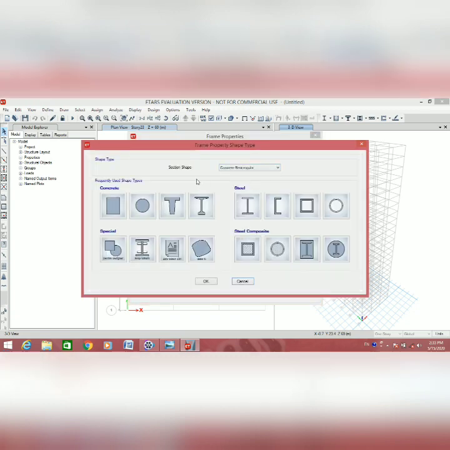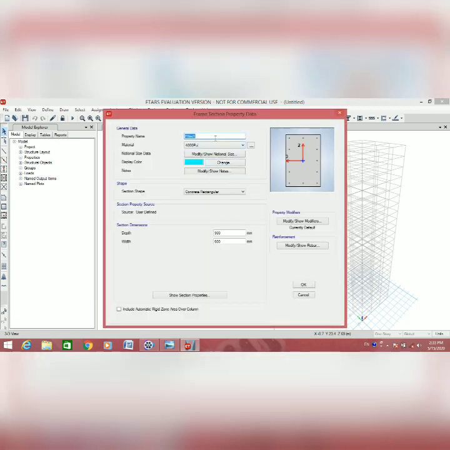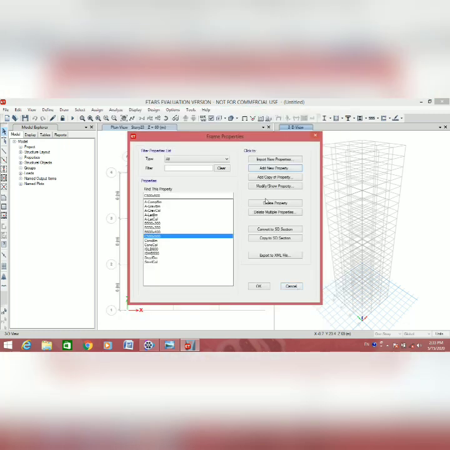Again add a new property for column. Give the name column 500 cross 500, select material type, and give the dimensions 500 by 500. Modify for reinforcement, longitudinal bar HYSD 415 and mild 250, and then click OK and OK.